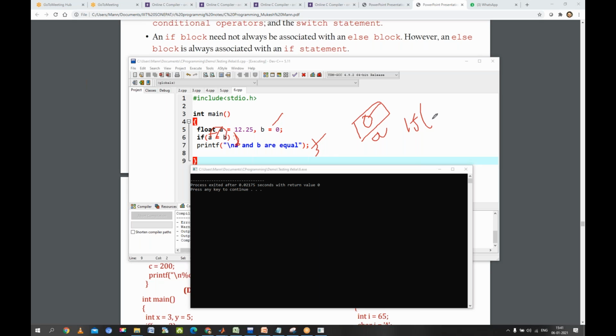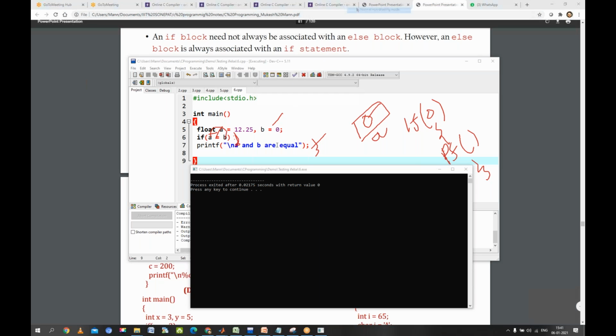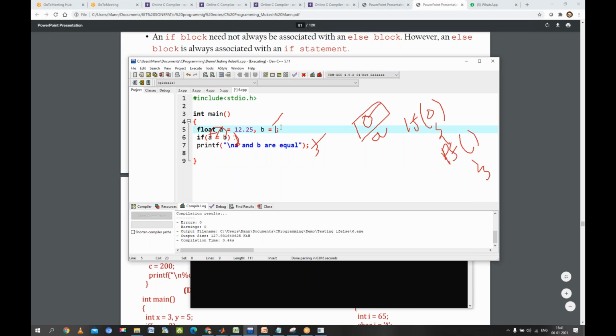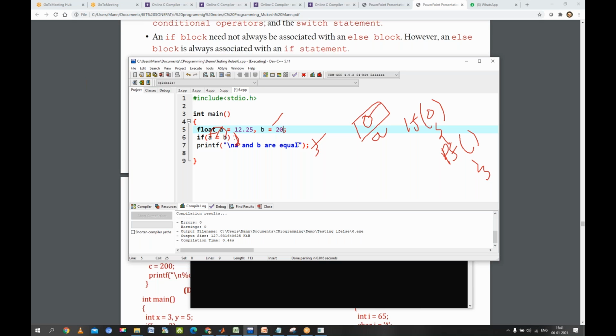So what is the value of A? 0. And inside this we have printf, right? But in the first case, when it was not 0, for example here it is 20, what was the value?